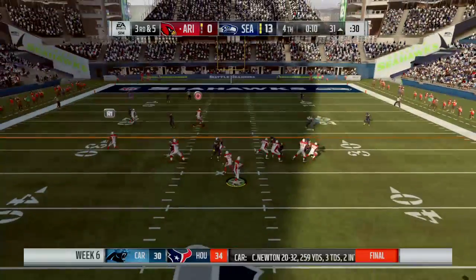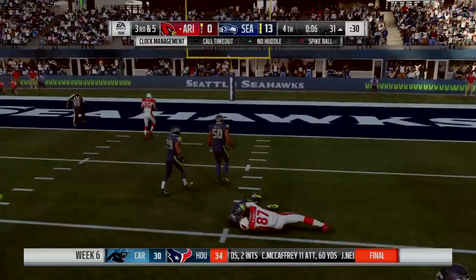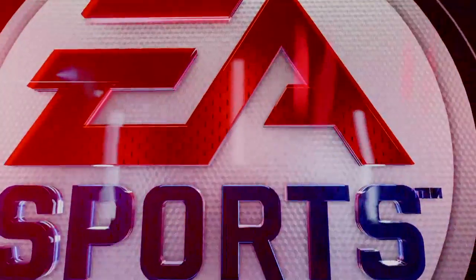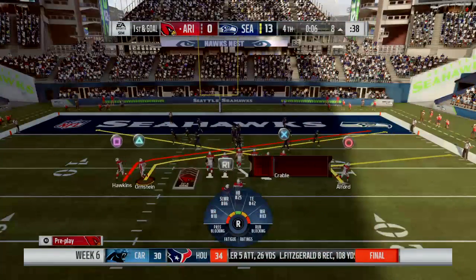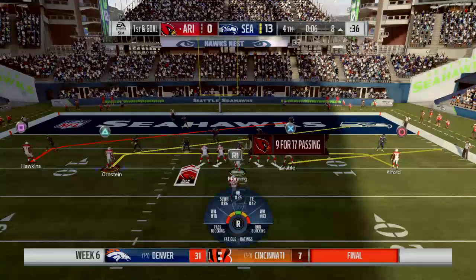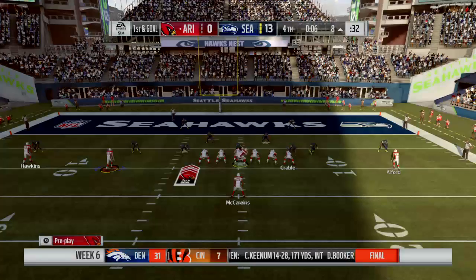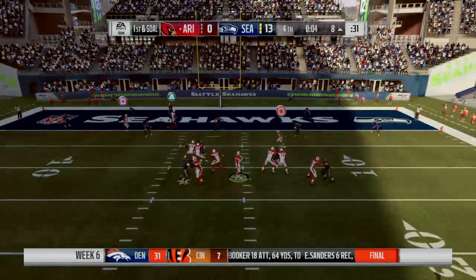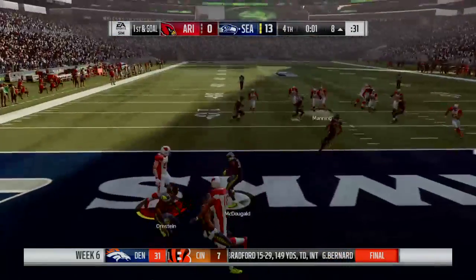Now Manning again. That is caught right at the 10-yard line. And now with 6 seconds remaining, they're going to burn their final timeout. Manning to throw once more. And this is intercepted, and that